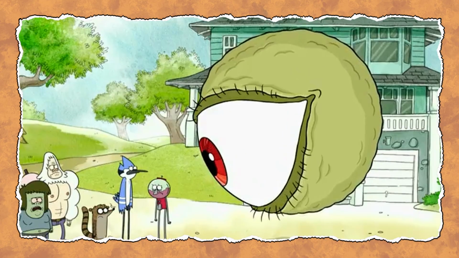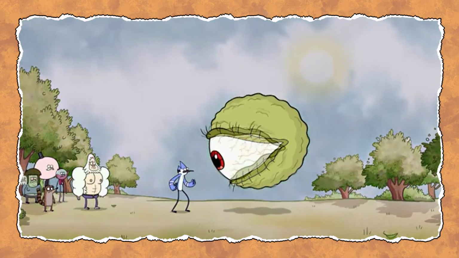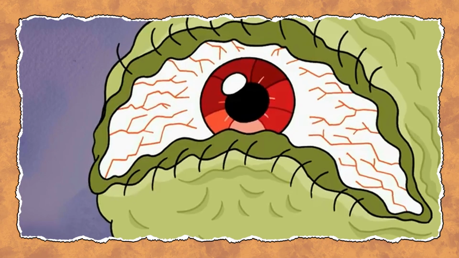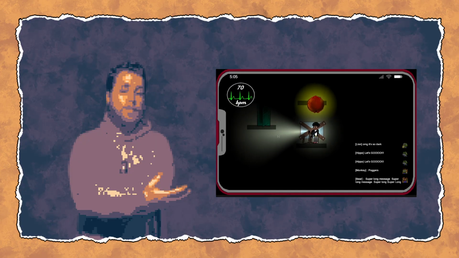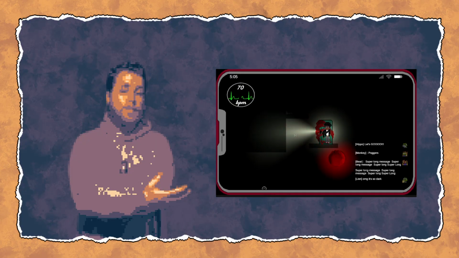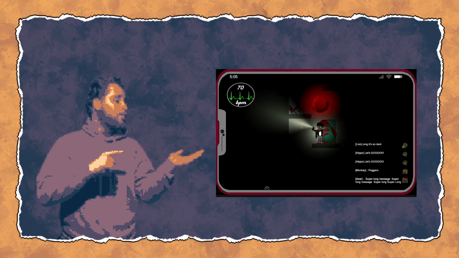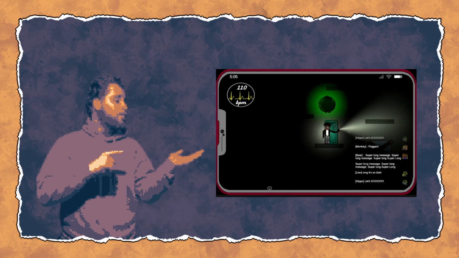My first reference for my monster came from the cartoon Regular Show, where the main characters deal with a floating eyeball monster that constantly watches them. I created his behavior to appear above the player and change color to depict when he would begin his search to attack. The player would then be tasked with hiding in a locker, and tension would come from them frantically